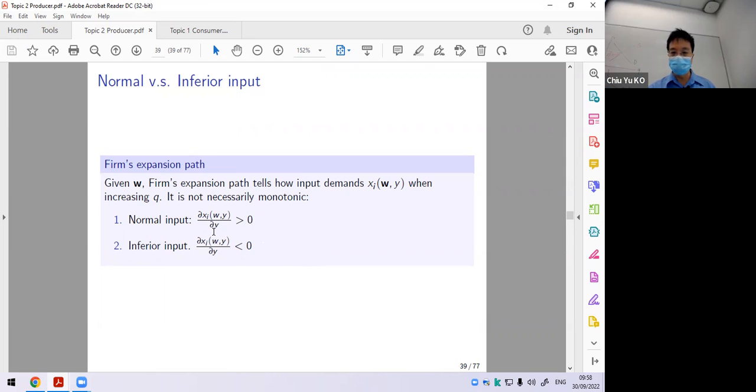And do note that this is only a local relationship. Okay, it's local. Say at some point raw labor would increase with the output, right? But later raw labor would reduce when you further increase. So it's not a global relationship, it's a very local thing. Okay, so